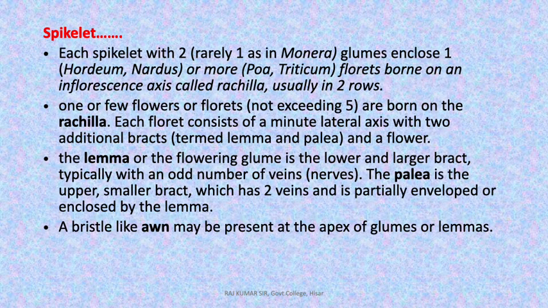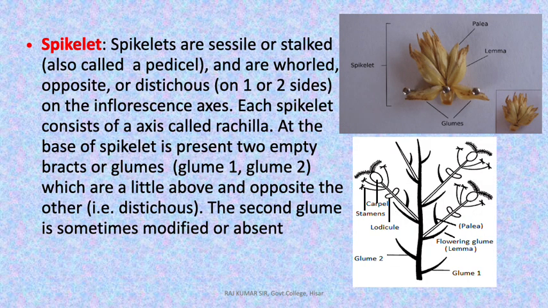Let us see again the actual picture and try to understand the structure again. आप नीचे से देखेंगे तो पहला ग्लूम है जिसको हम ग्लूम 1 लिखा हुआ है, ग्लूम 2 लिखा हुआ है, ये दूसरा ग्लूम है, ये एम्प्टी रहते हैं हमेशा। ऊपर की पिक्चर में ये दोनों ग्लूम्स दिखाए गए हैं, ग्लूम 1 और ग्लूम 2, ये एम्प्टी हैं। रिमेंबर दिस थिंग, ये खाली रहते हैं, इनमें कोई भी फ्लोरेट्स नहीं होते हैं और इनको हम ब्रेक्ट्स कहते हैं बेसिकली, और ये एक दूसरे के ऑपोजिट मिलेंगे।